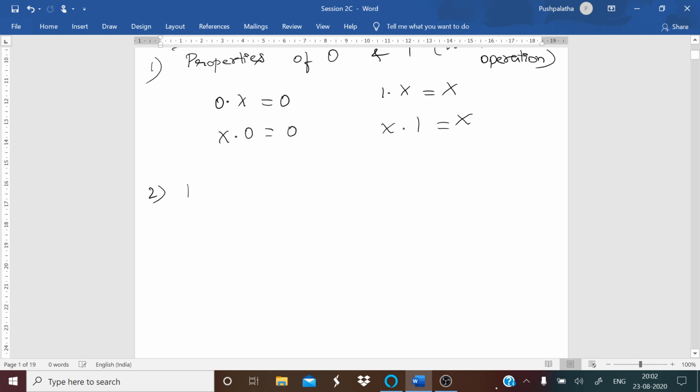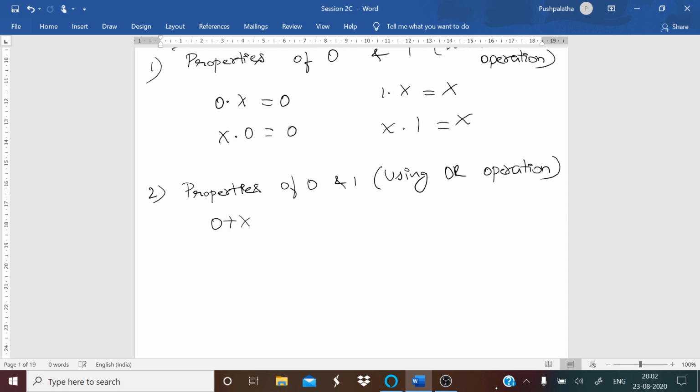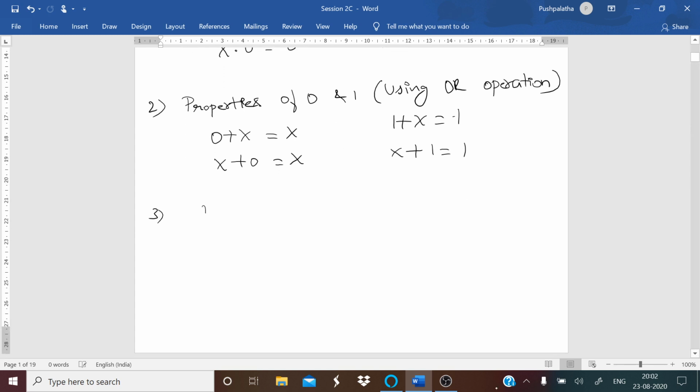And then you have properties of 0 and 1. This is using the OR operation. So this states that 0 plus x is x and x plus 0 is x. In the same way, 1 plus x is 1 and x plus 1 is 1. And then we have